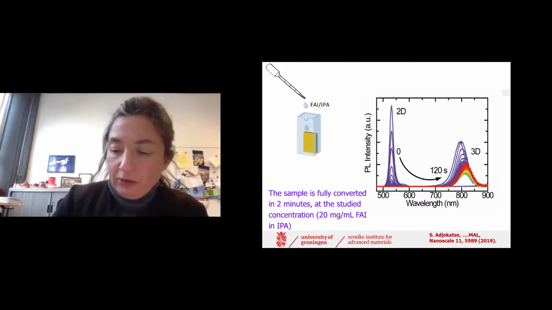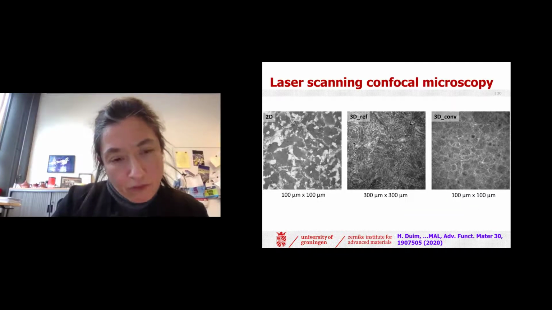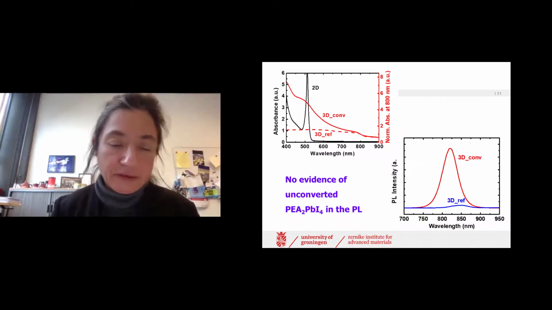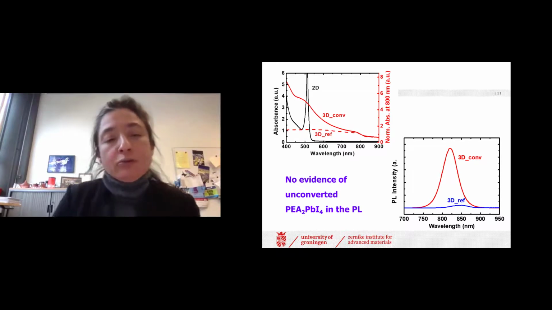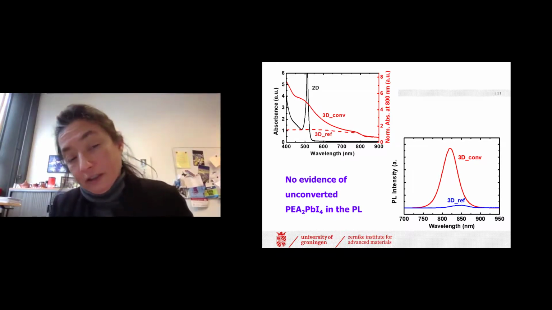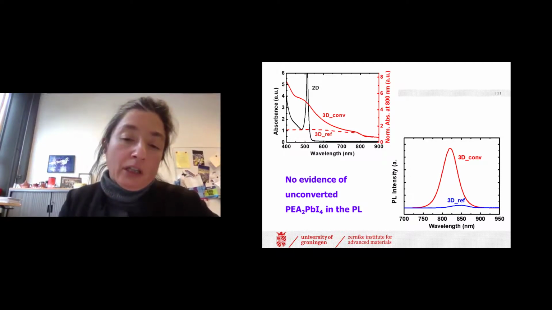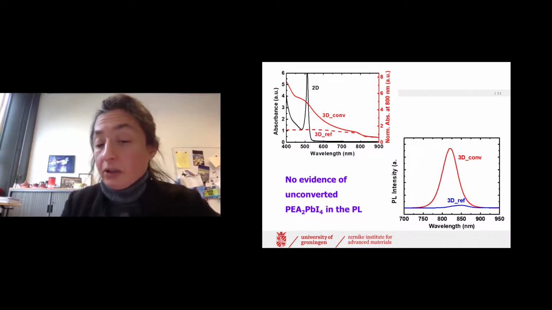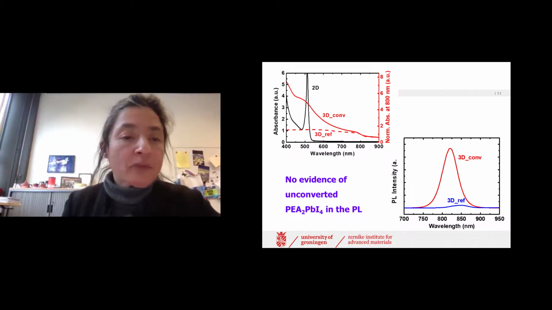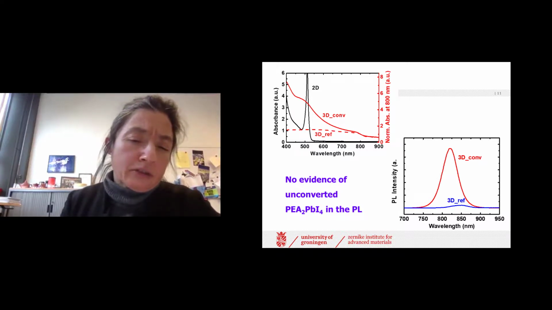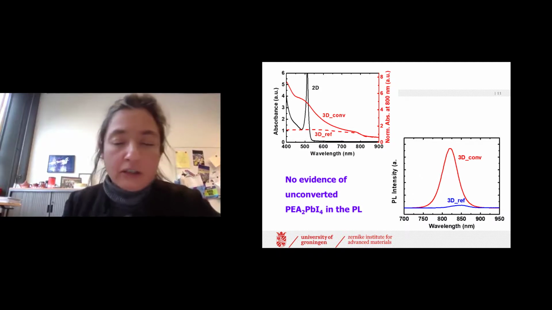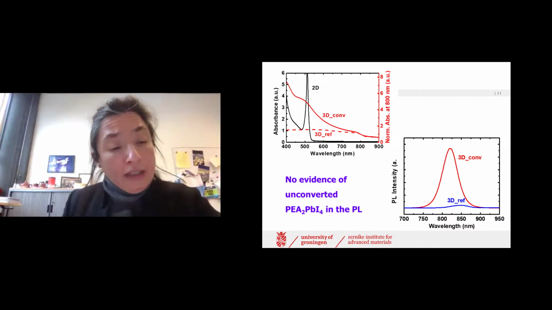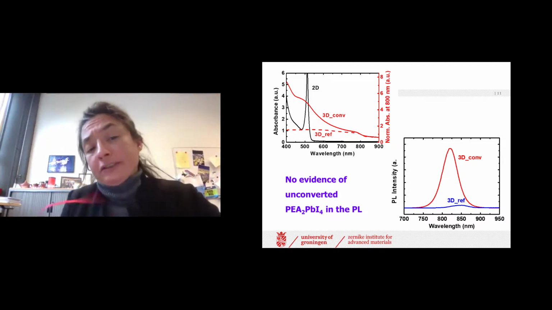So what we know is that we don't see any trace of the 2D perovskite in the photoluminescence. Of course, the 2D perovskite has a much higher band gap than the 3D perovskites. So in principle, if it were there, you might eventually be able to see it, because it would appear as a higher band gap photoluminescence. Of course, you have to be careful because you could also have very effective energy transfer from the 2D to the 3D perovskite. So we don't see it optically,